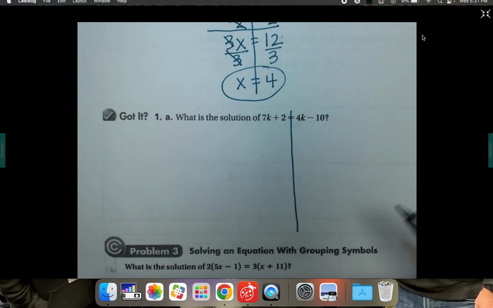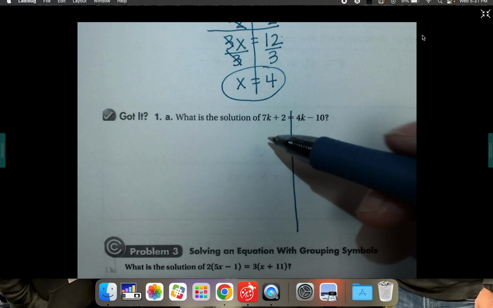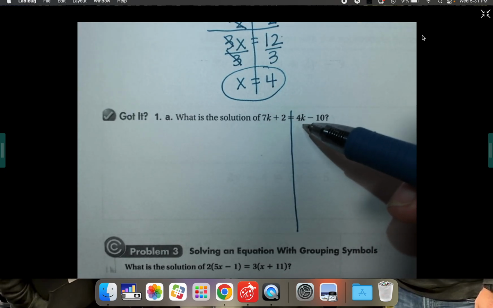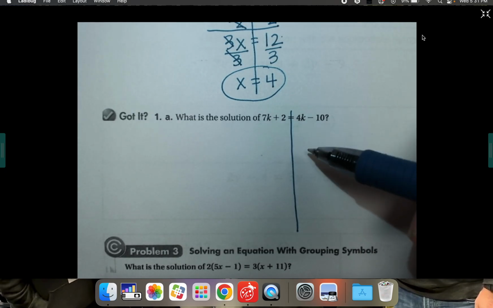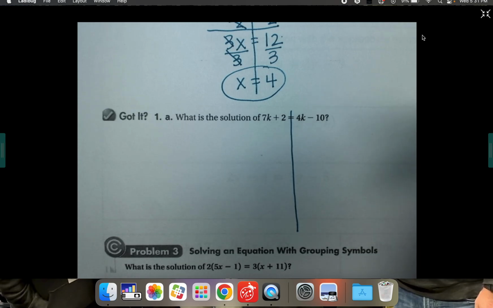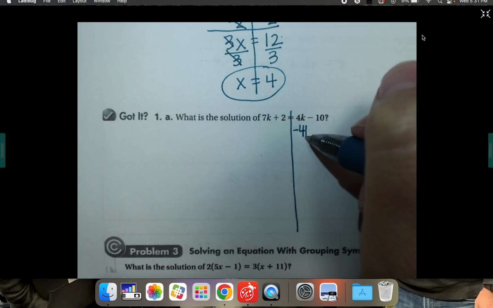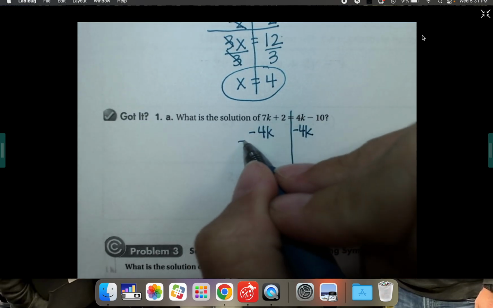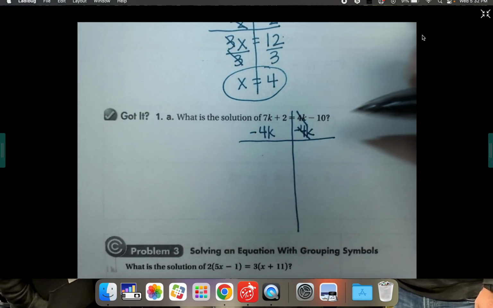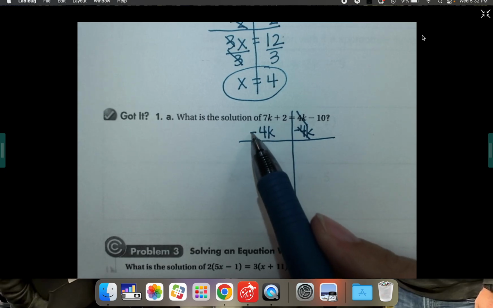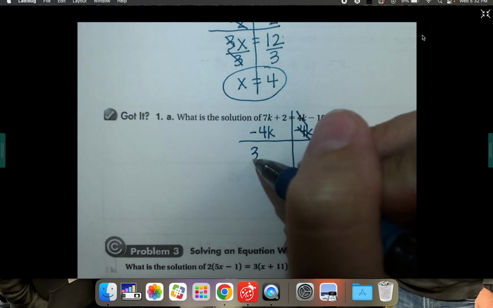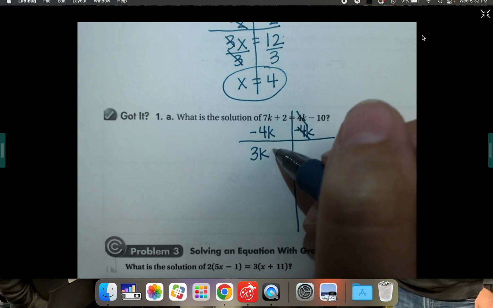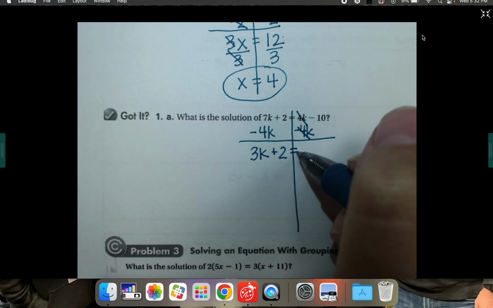So I'm going to choose to subtract 4k because, again, if I subtracted 7k, that's going to give me a negative over here, and I just try to avoid negatives if possible. So I'm going to choose to minus 4k from both sides. I'm going to cancel it over here. 7k minus 4k is 3k. Bring down my plus 2. Bring down my equals. Bring down